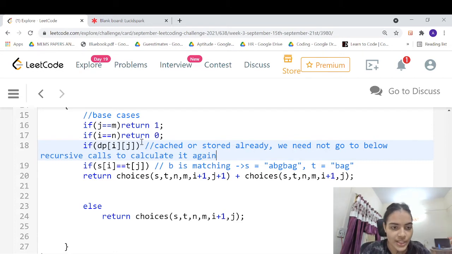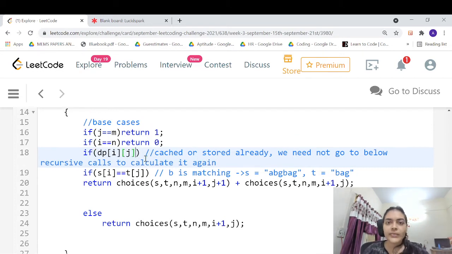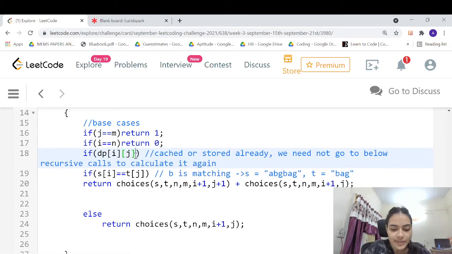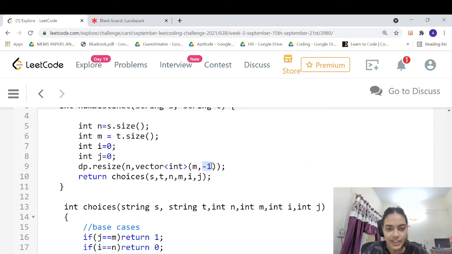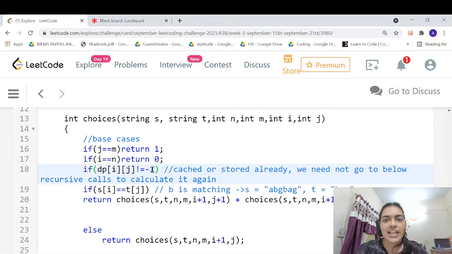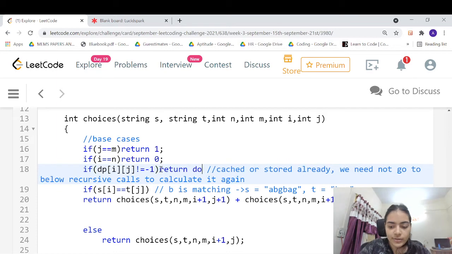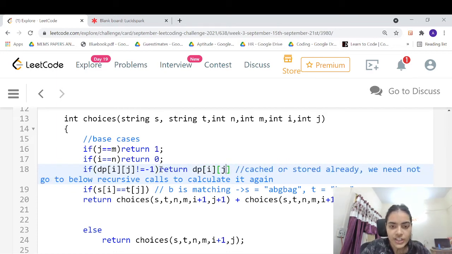This is where we are going to save some time. So if dp of i j is not equal to -1, right? Because initially I've given it -1. So if it is not -1, it means there's a valid value which we have previously calculated. Then we can return that value. Okay, so we can return dp of i j.